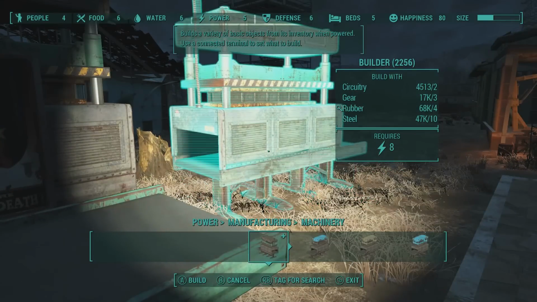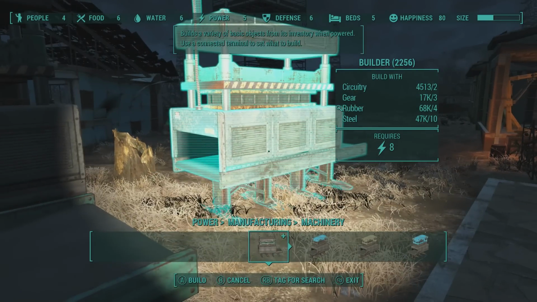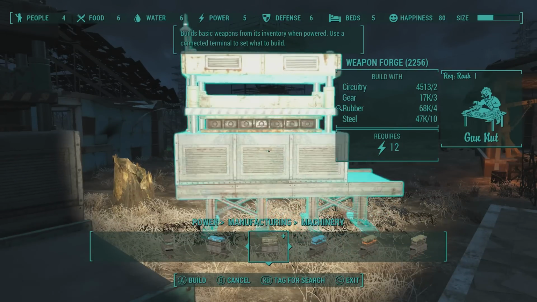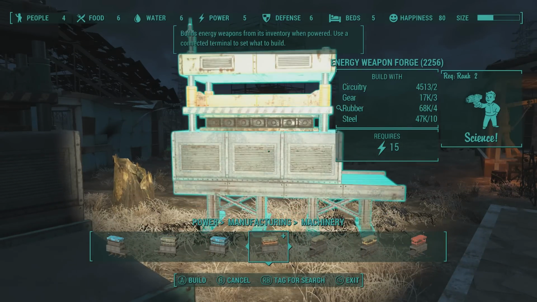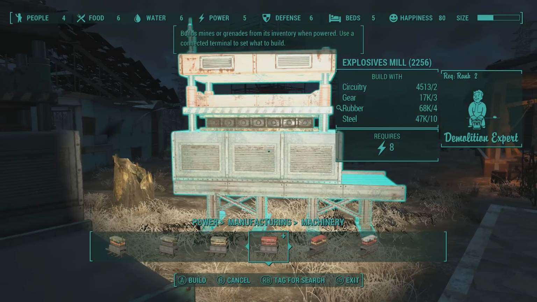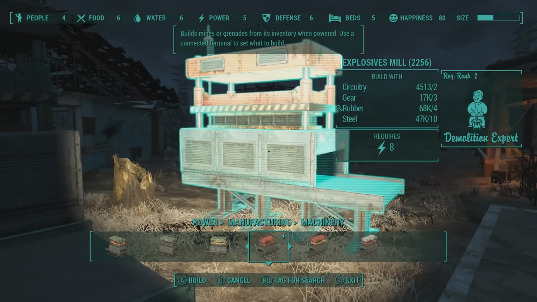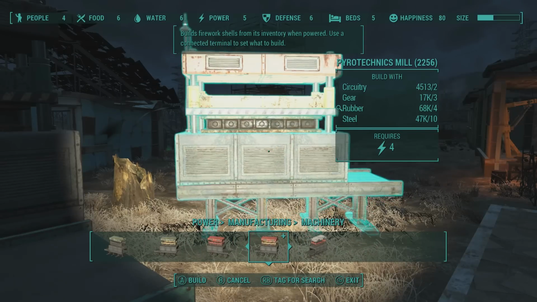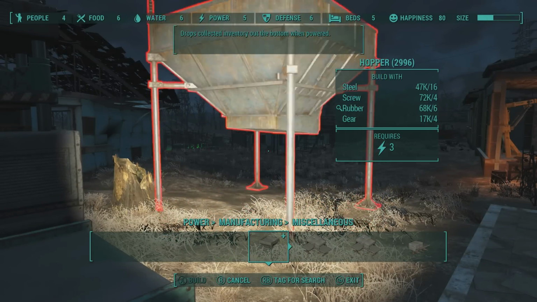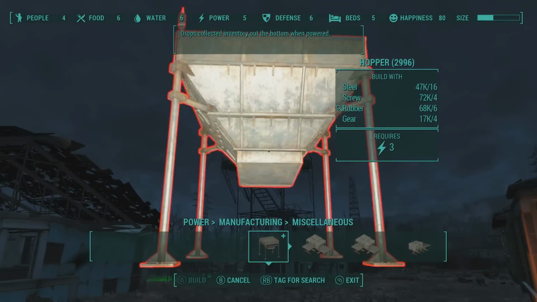Now let's get up to the actual cool stuff. Well, not the actual cooler stuff. We got builders. We have a builder which makes random, just like junk items. We have an armor forge, a weapons forge, a clothing forge, an energy weapons forge, a heavy weapons forge, ammo, explosives. I haven't played around with this. Fireworks and food. You connect a terminal to it, we'll have to figure it out, and then we got